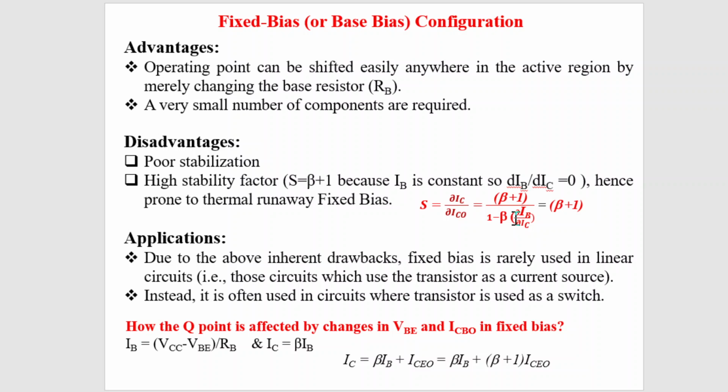So that means del IB upon del IC will be equal to 0. If this is equal to 0, the stability factor for fixed bias configuration is equal to beta plus 1. So S is equal to beta plus 1. That means del IC upon del ICO is equal to beta plus 1. It means del IC is equal to beta plus 1 times del ICO. That means if you change